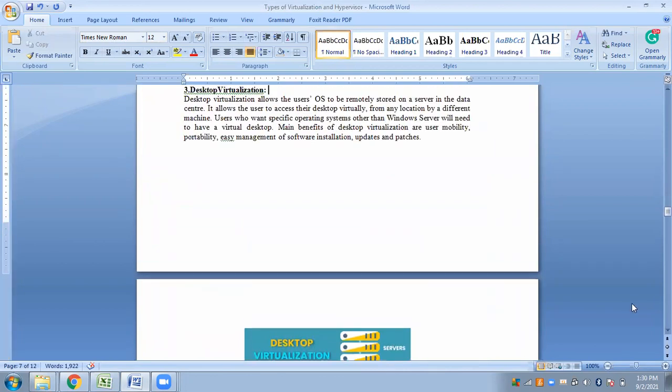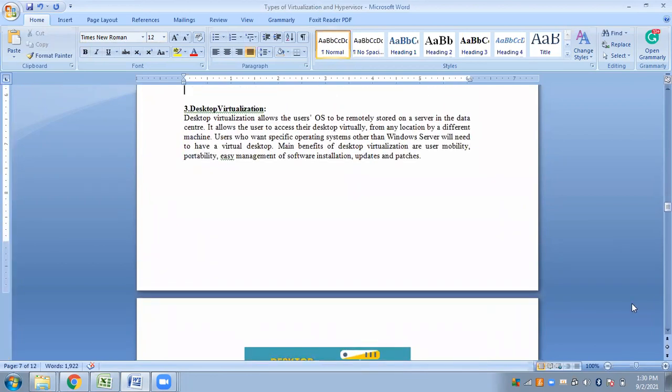Okay, so what is desktop virtualization? Just like you can virtualize an application, meaning you can create a logical view of your application. Physically, it is present somewhere else, but logically, it will be present on your system. You are creating a logical view of the application. So just like that, desktops can also have an abstract view or a logical view.